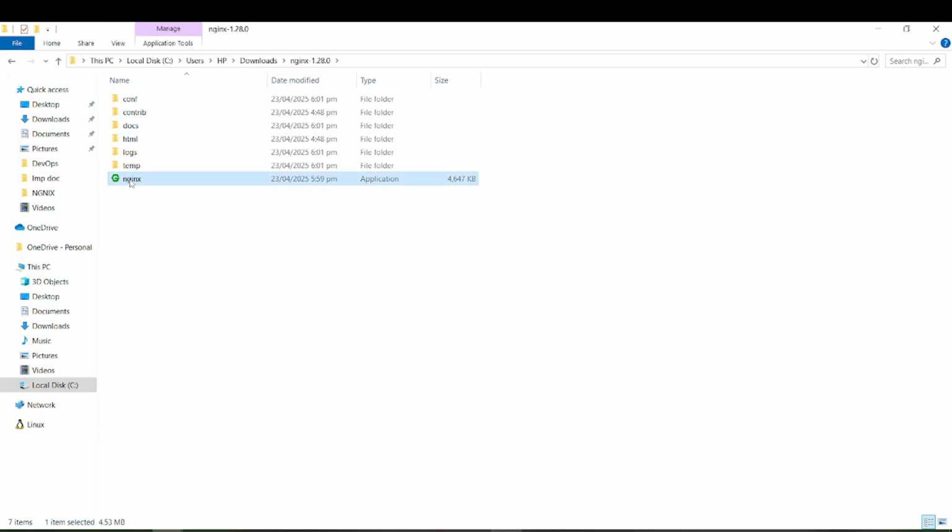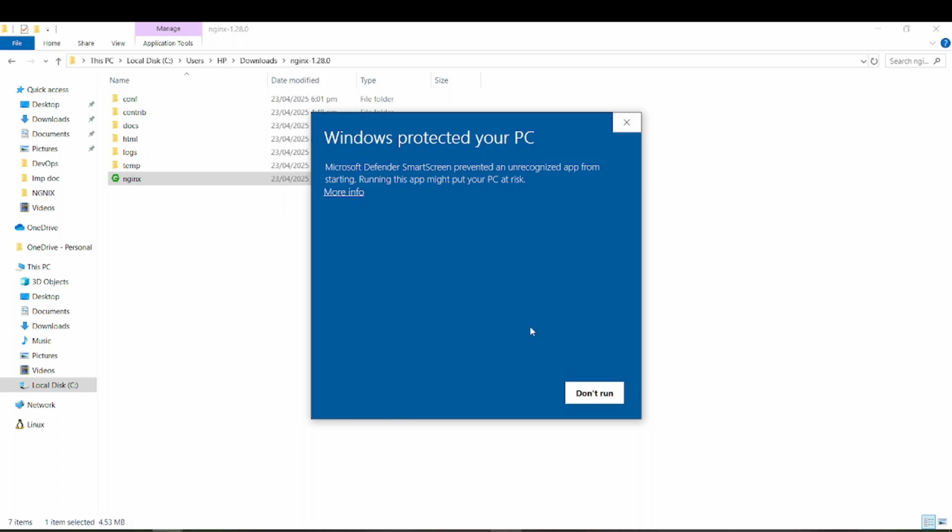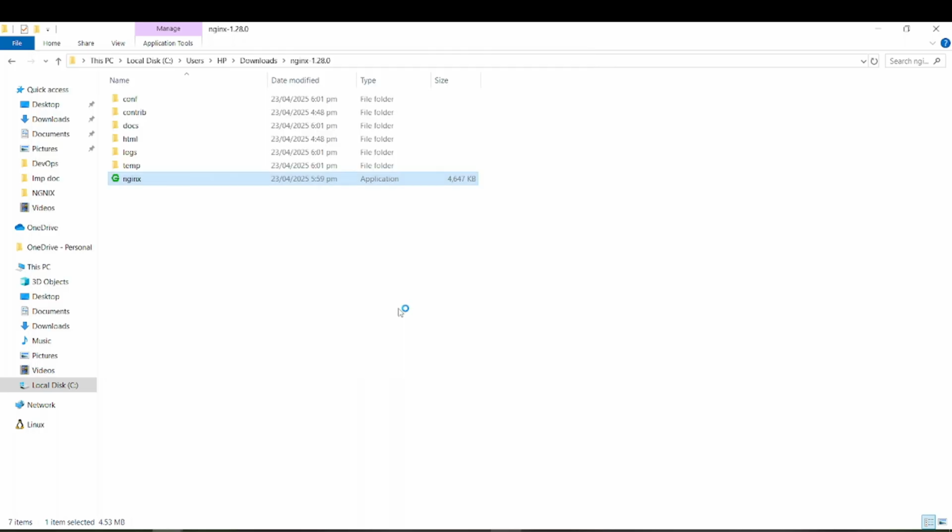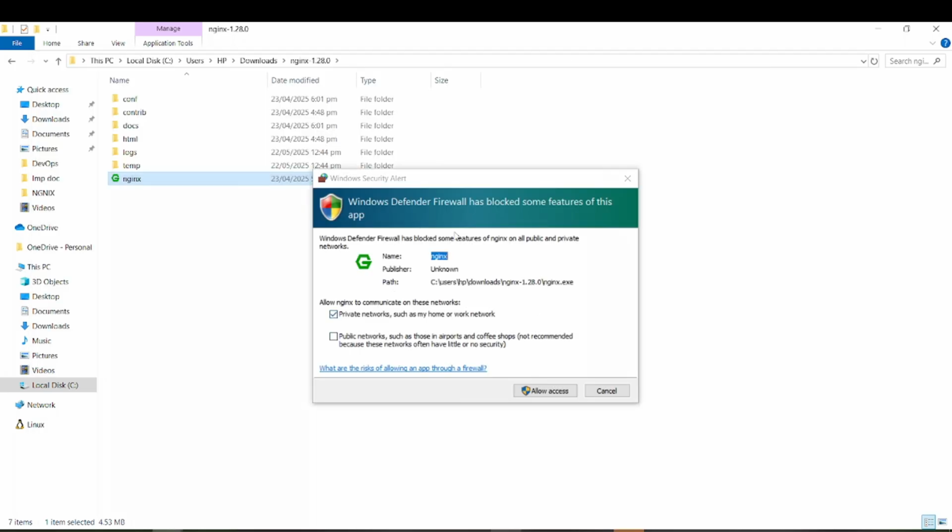Now you will just double click. It will ask you, okay, more info, run anyway. Actually this is the option where the firewall is asking to allow this application to be installed and accessible for future use. To allow this,